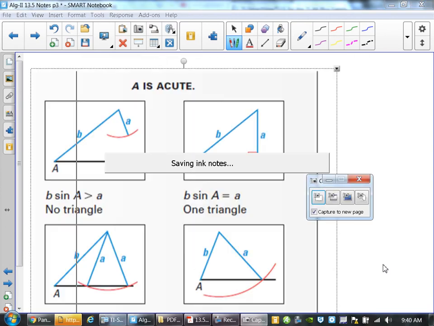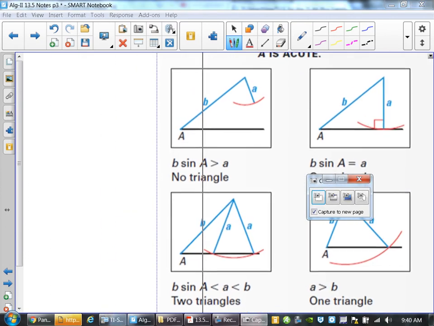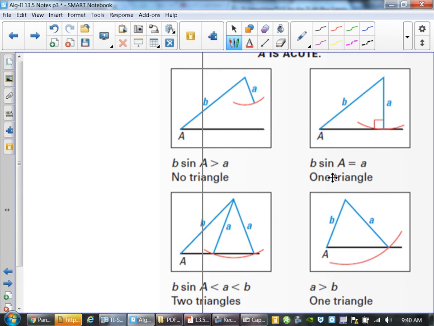Excuse me. You didn't have to worry about these breakouts. You had either one triangle if it was a right triangle, and you had one triangle if it was acute and the side opposite was larger than the other side. Okay. Now, if it's acute,